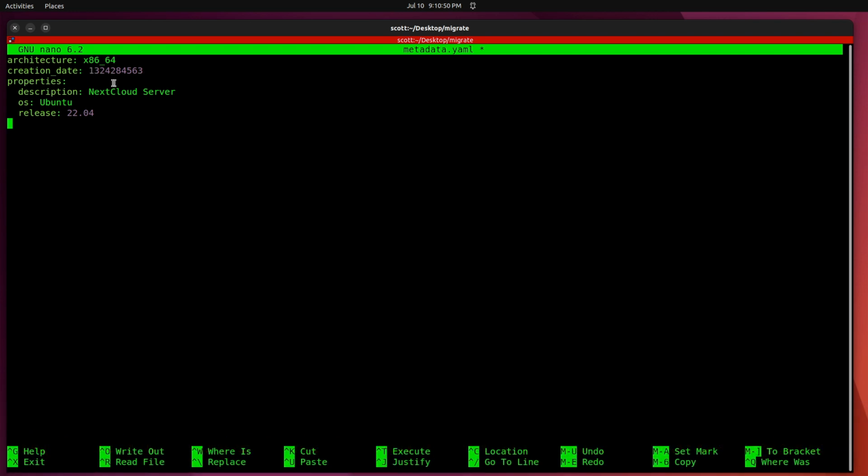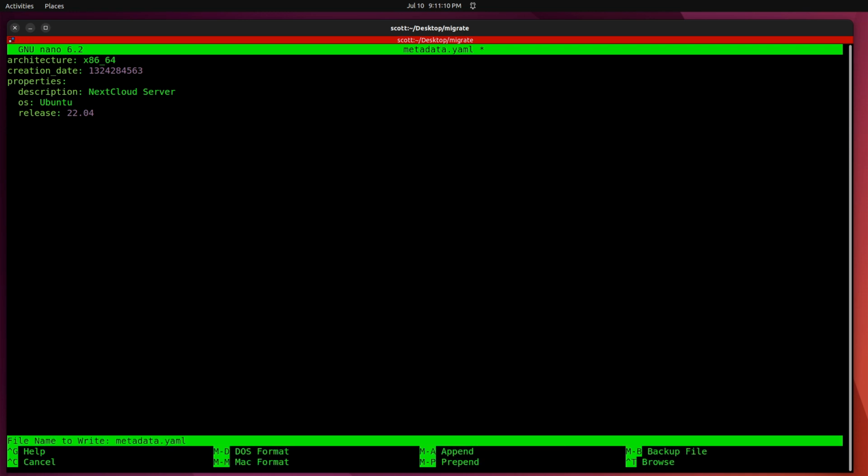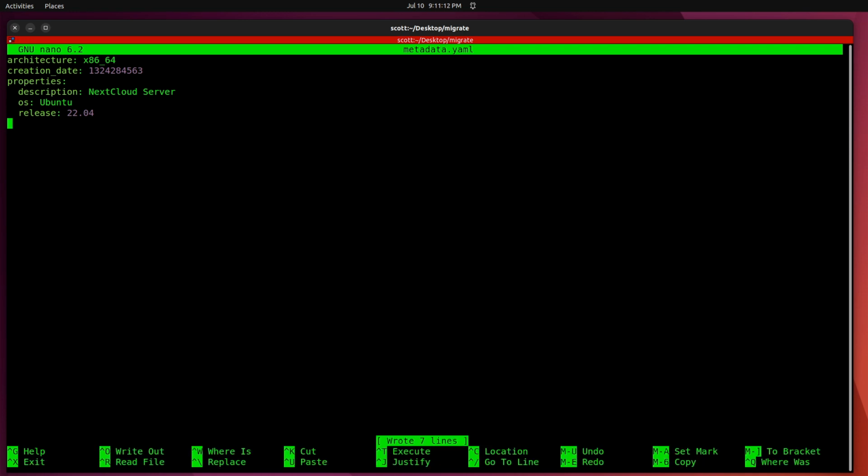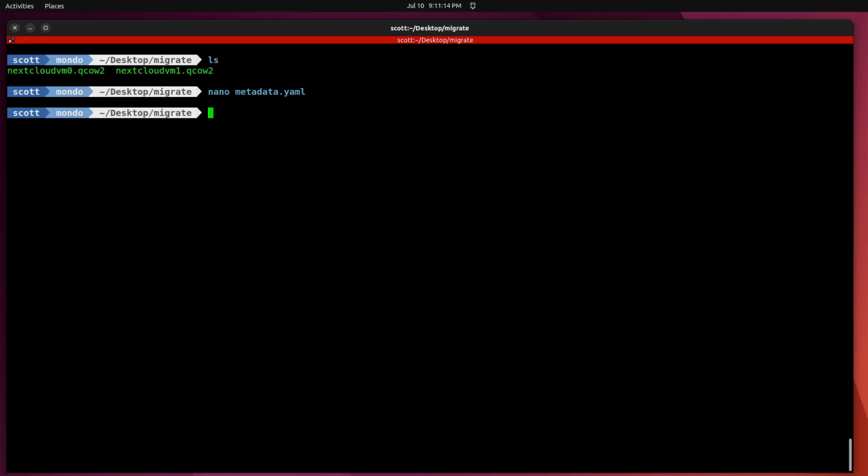We've got some creation date up here, which is really unimportant because it's only the creation date for the image and not for the container, which we'll eventually create. And we have here Nextcloud server, just because that's what I named it. OS is Ubuntu, and release is 2204. So I do a Control O, hit enter to write the file out, and a Control X to exit the